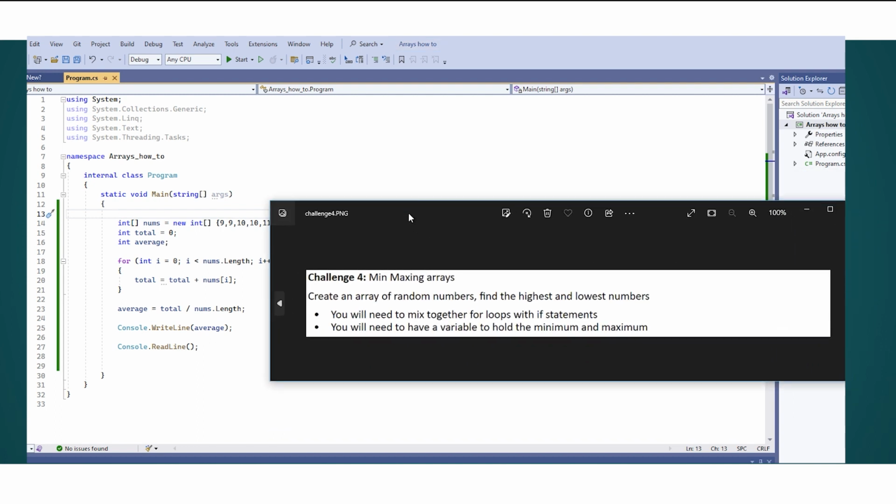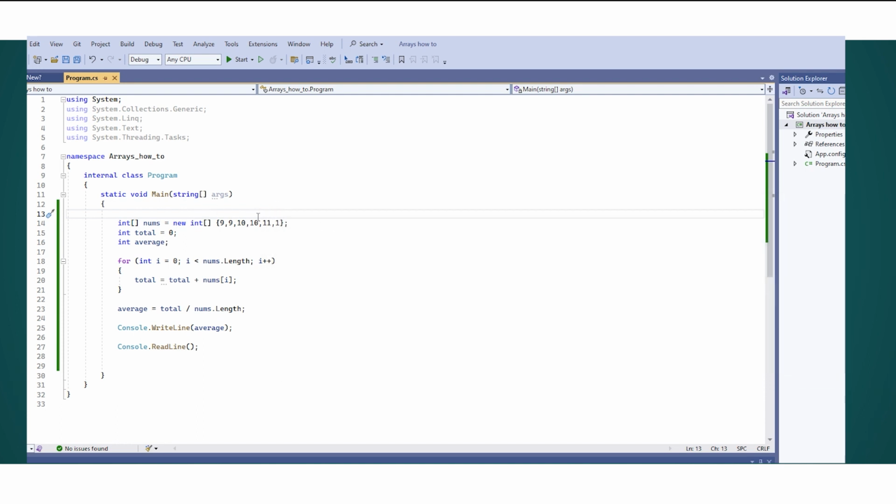So challenge 4 is a little bit tricky. So we're going to create an array of random numbers, and we're going to find the highest and the lowest. So let's use this one for now. So we know the highest is 11 and the lowest is 1. Okay, so this can be a little bit tricky,